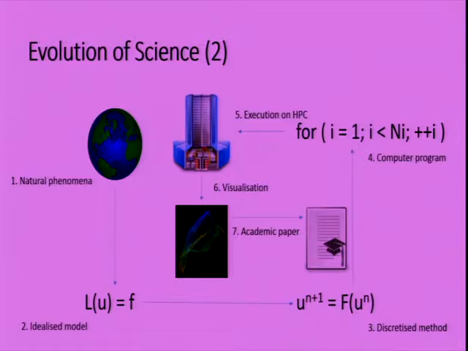You then develop a computer program. It's a for loop here, which is then executed on your supercomputer. And that generates lots of data. As a user, if you see lots of data, it's pretty much meaningless. So what you have to do is visualize your data, try and get some insight into what created the data and try and understand the phenomena. From this insight, you publish a paper and get lots of money.